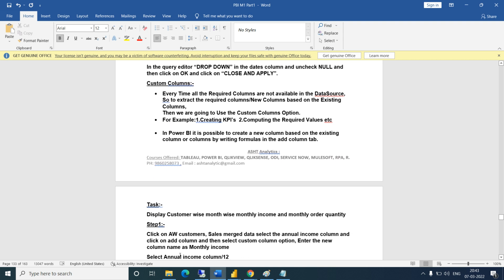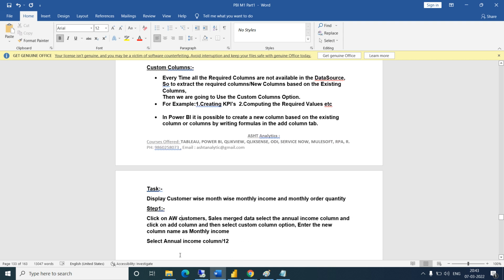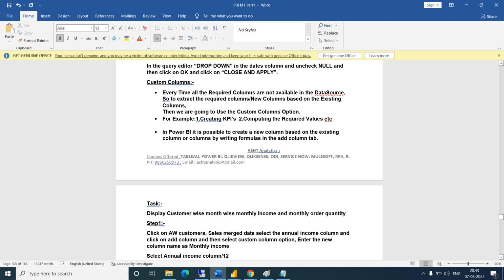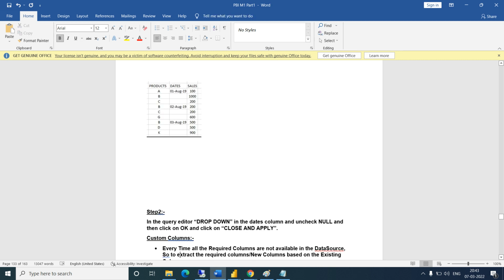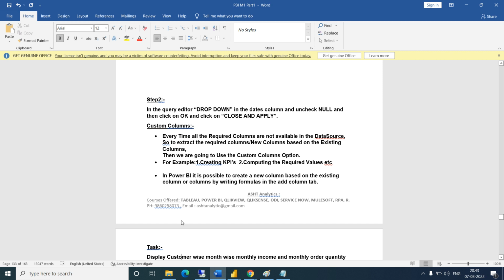Then the custom column. Custom column means what? Let's say when you connect to any file, you don't require all the columns, you require only some of the columns.